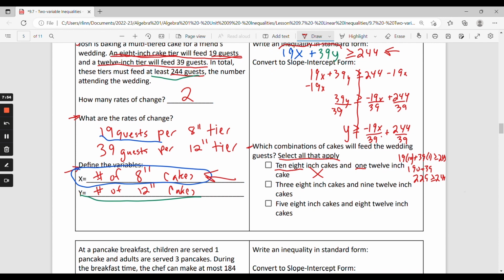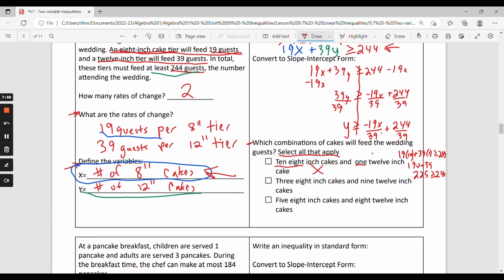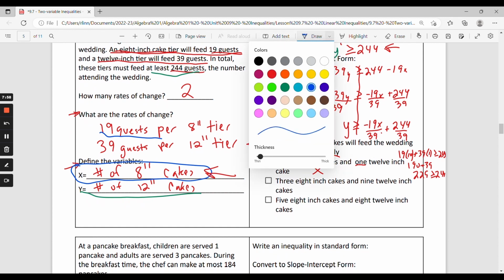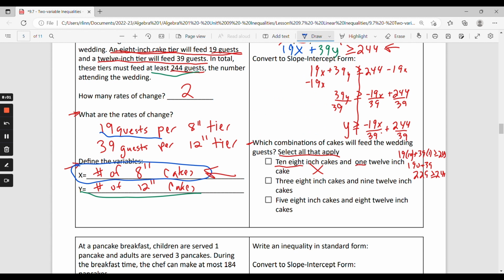Now let's go ahead and substitute into our next one, because once again, we need to find all of them that apply, so we're going to try all of these. Our next one, 3 8-inch cakes, so we have 19 times 3 plus 9 12-inch cakes, so that's 39 times 9 is greater than or equal to 244. 19 times 3 we would say is 57 plus